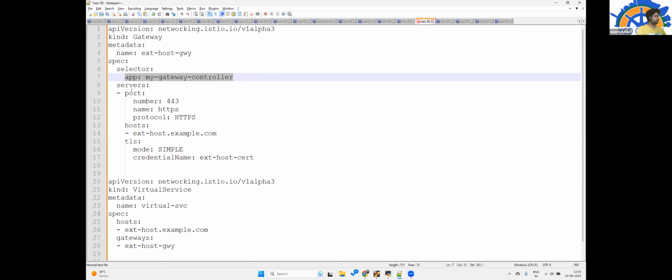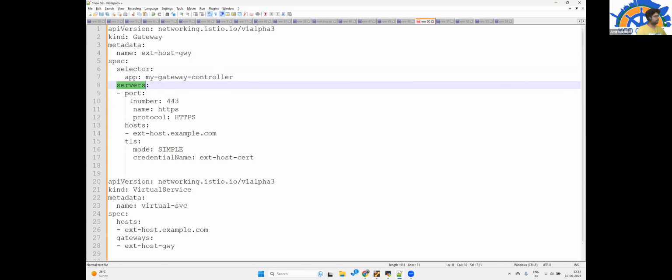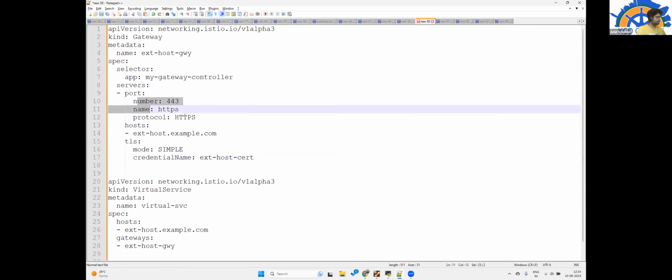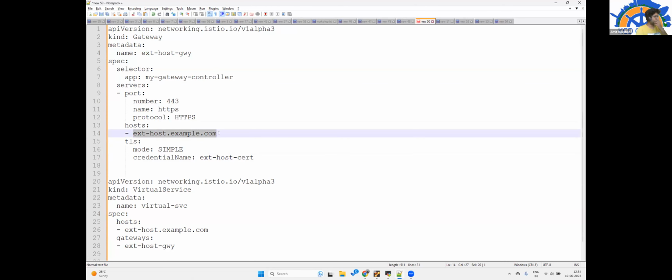Now this is the server. What we are doing over here is this is the host, and this is the TLS communication, the credential name. For this port, this particular server is allowed to connect, but to whom?